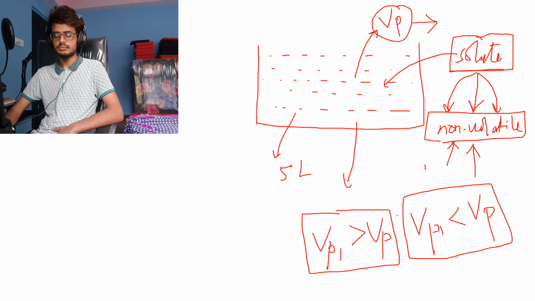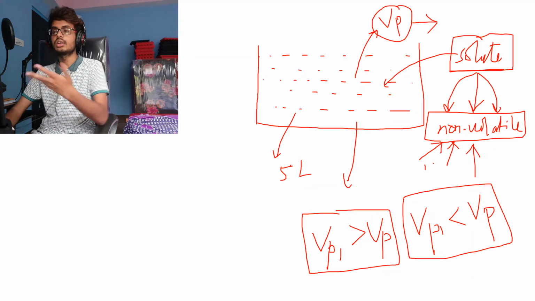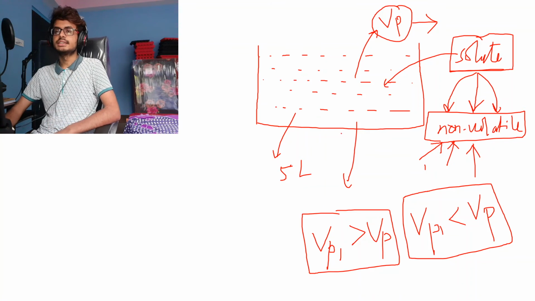Any idea? Any guesses? Increase. Decrease. It will decrease because the solute is non-volatile. A non-volatile solute will not undergo any change, right? It will not change its state easily. So it will basically decrease, since this will not promote vaporizing of the solute. It may rather hinder the vaporization, right?